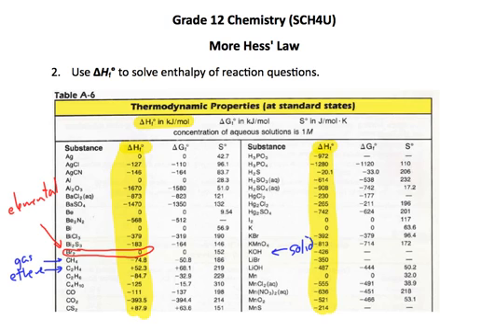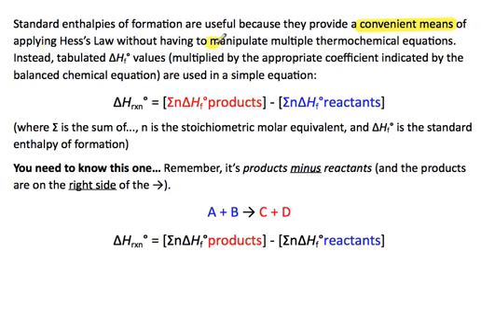So standard enthalpies of formation are really useful because they provide a convenient means of applying Hess's law, and so it saves us from having to manipulate these thermochemical equations. The Hess's law of heat summation is where we did that. So we have 2, 3, it could be 5 or 6 ultimately thermochemical equations, manipulate them to yield a target, add everything together, get an enthalpy of reaction. Well, instead we use tabulated delta HF values and we use their coefficients. So we multiply those values by the appropriate coefficient from the balanced equation,